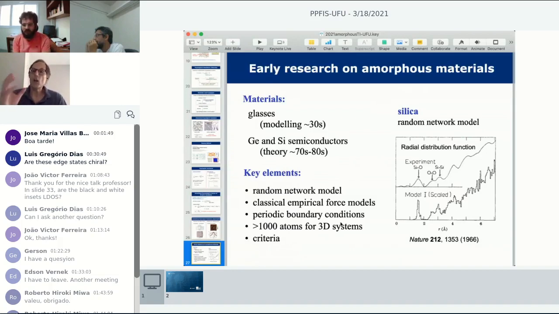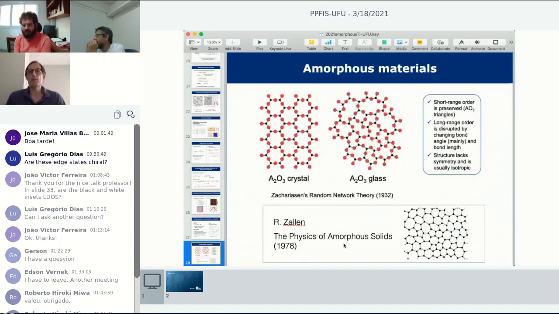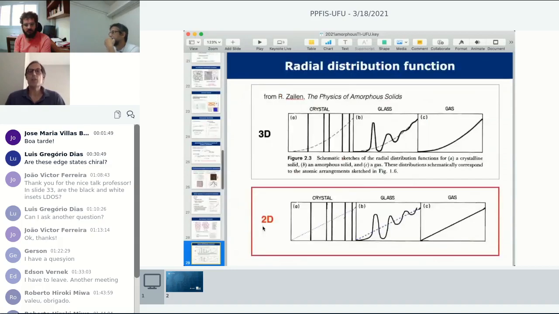And this is not something that the oldest models that theorists have considered include, which is a pity. So, let's keep calling it amorphous, but okay, this is more like the same. So there are books on that, and characterizing short range, long range structure. From the quantitative point of view, this is the radial distribution function.